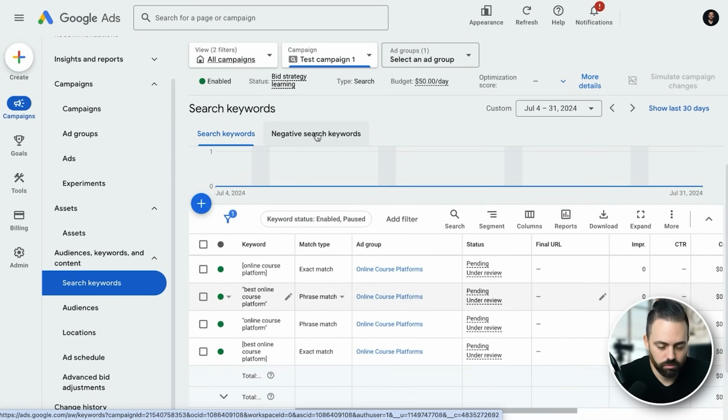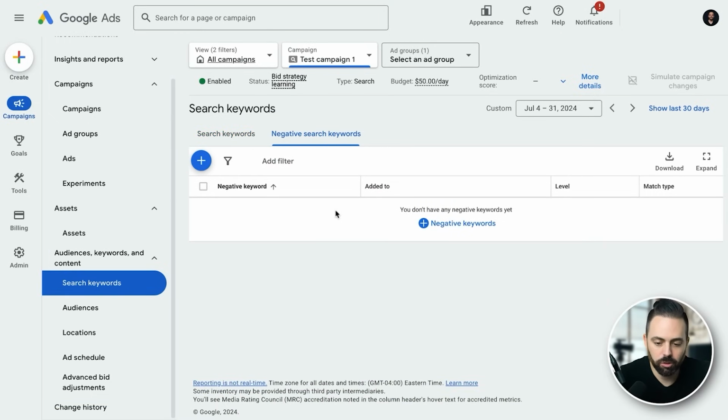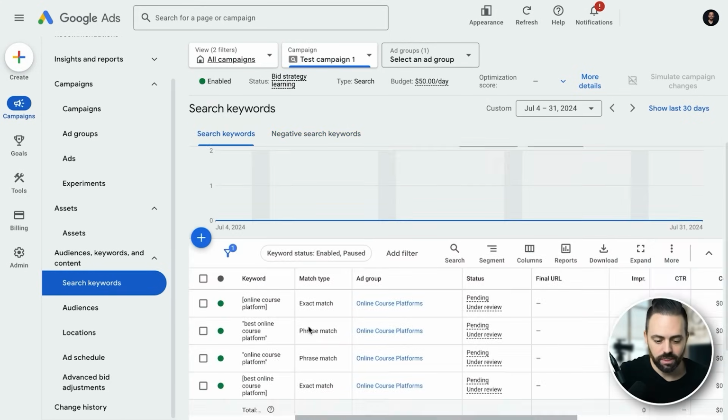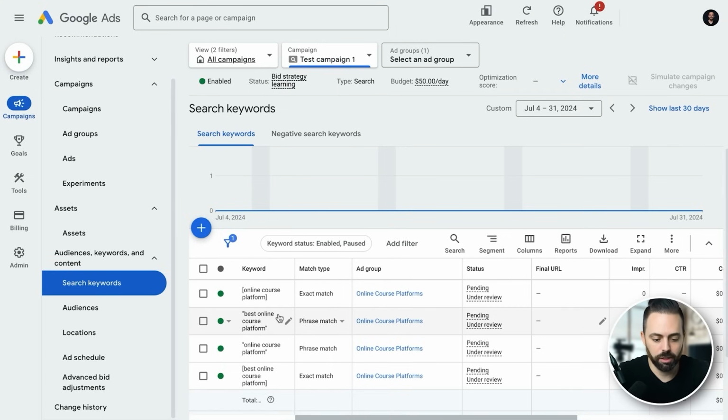Negative keywords. So let's talk about negative keywords. Negative keywords are keywords that, if they appear, the ad will not show. So this is really important. There's actually huge lists. You can Google big negative keyword lists, because sometimes a broad negative keyword list is good to add in, because you sometimes don't want things like free or example or different words. There's so many different words that can trigger the ad that you don't want. For example, in this phrase match best online course platform term, and I'd probably add the S variation here too on the course platforms. But if someone searched best online course platforms that are free, it would appear unless I added free as